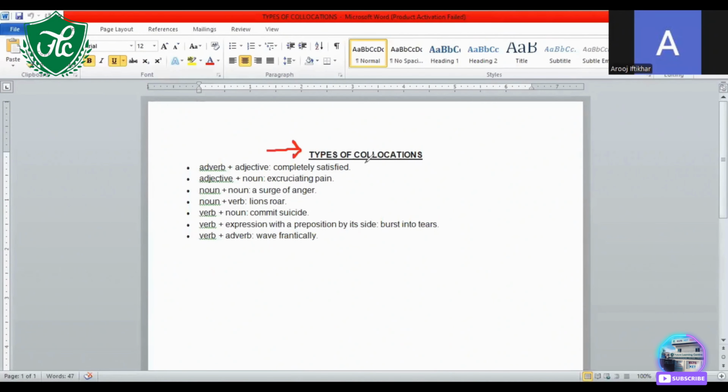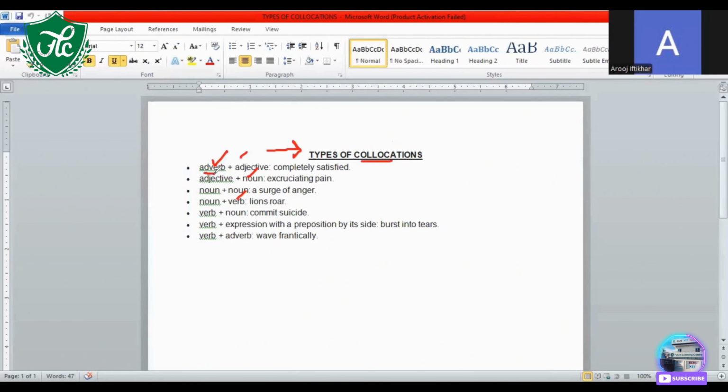First of all, I'm going to tell you about the types of collocations. What is a collocation? The word collocation means when two parts of speech, specifically verb, adjective, noun, or adverb, are combined together or are spoken or written together. In order to solve fill in the blanks related to reading only, it is very imperative to understand what collocations are.